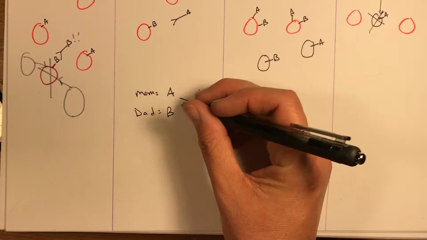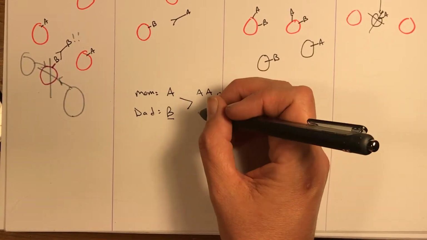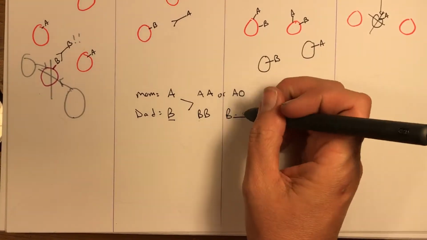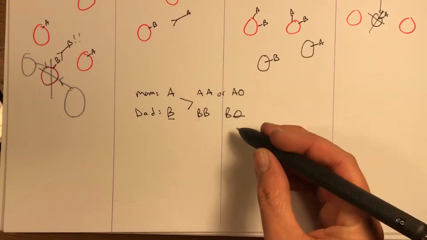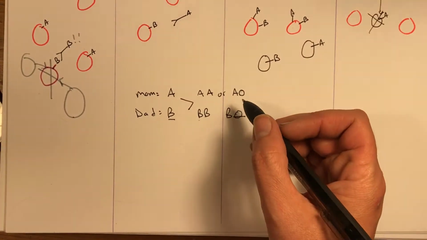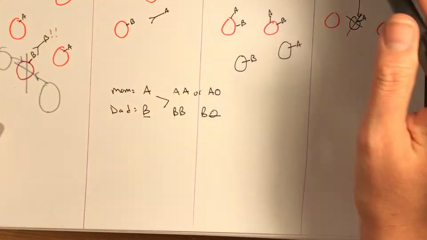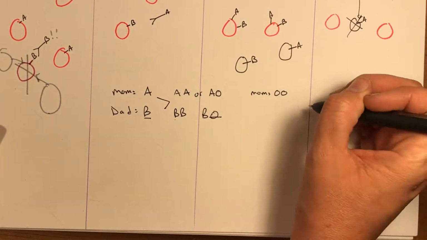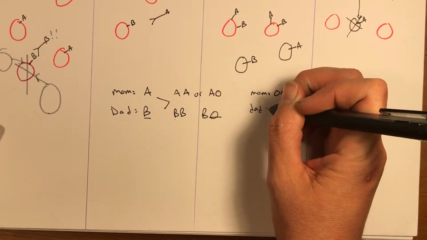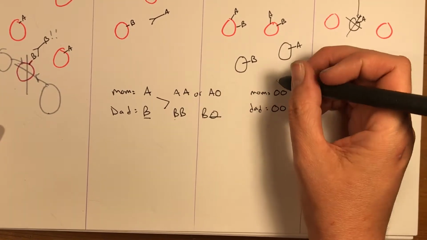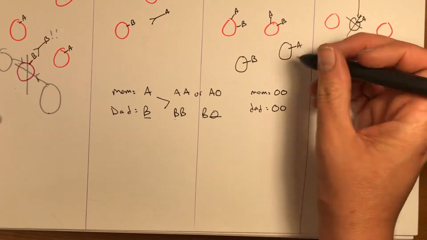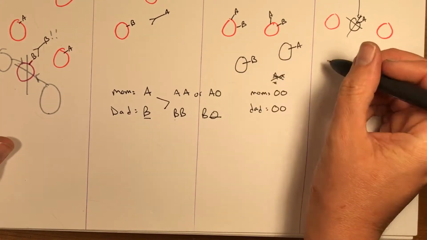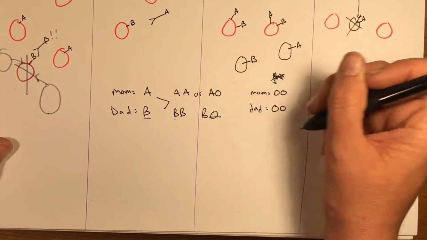Your dad could then be, if your dad is type B, then he could be big B, or he could be big B nothing, okay? Big B 0. Which means kids from this cross could have any blood type, basically, okay? But if your parents are type O, so if they're O, mom can only be O and dad can only be O, because it's not a normal dominant recessive trait type where if you have a big A and a little a, then the big A does something. No. It's merely the presence of the antigen at all that causes the blood type.